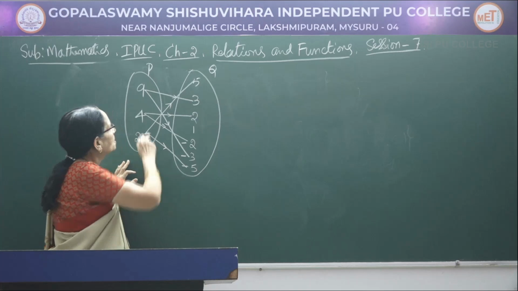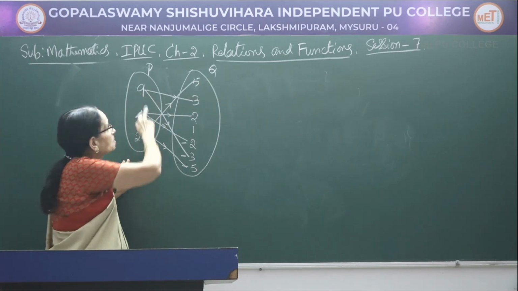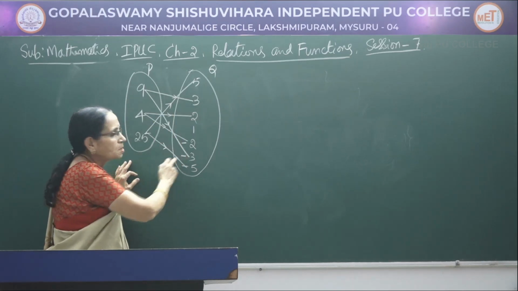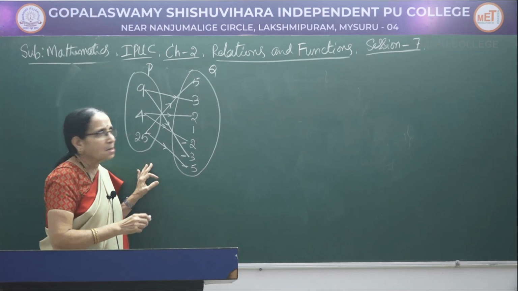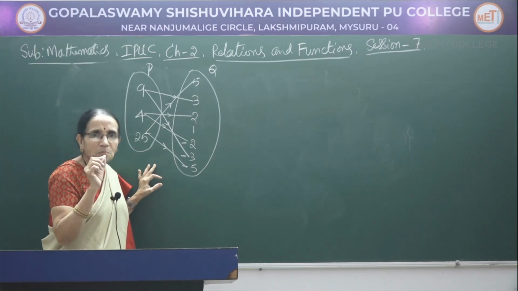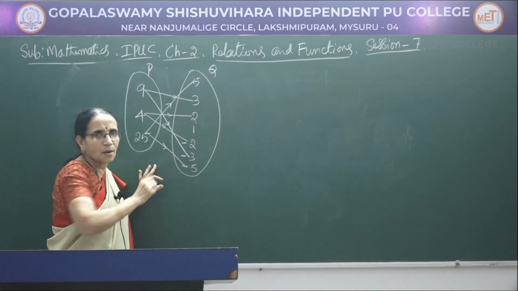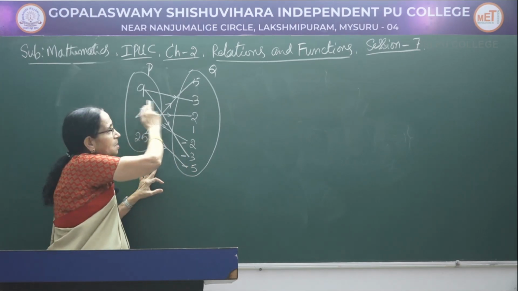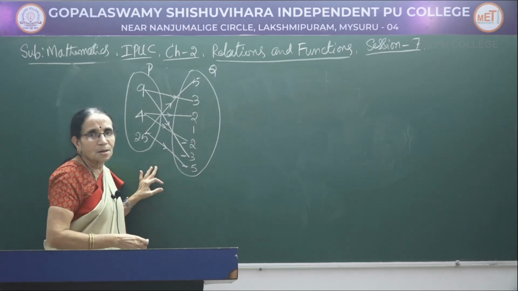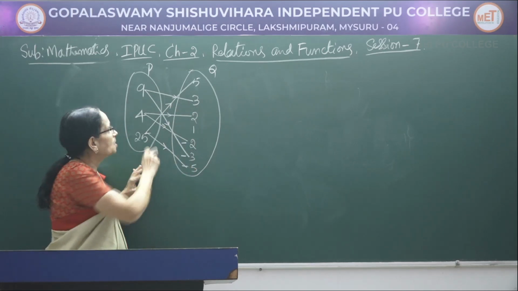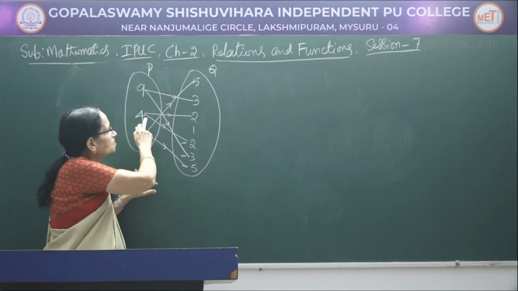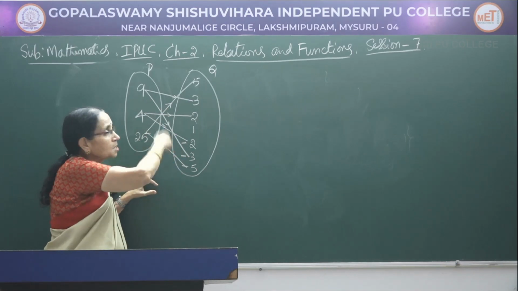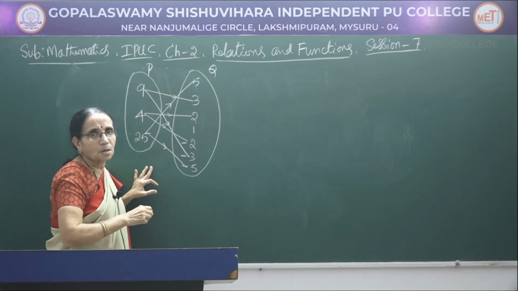Now look here, let me look at the first number 9. It has been associated with plus 3 and also with minus 3. And you know that 3 square is plus 9, and minus 3 whole square is also plus 9. That means the first element is the square of this one, isn't it? Come to the next number 4. It is associated with plus 2 and also minus 2. Be careful, so many arrow marks are there. Carefully you have to observe here.